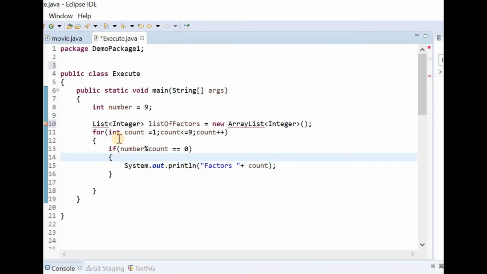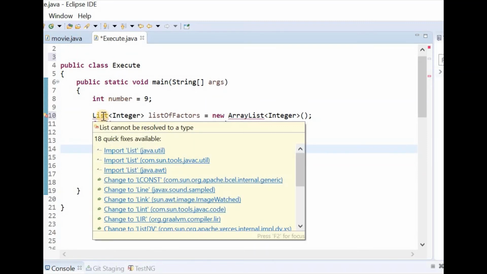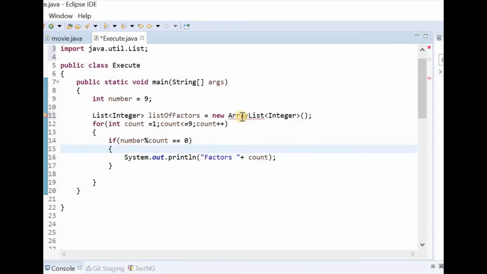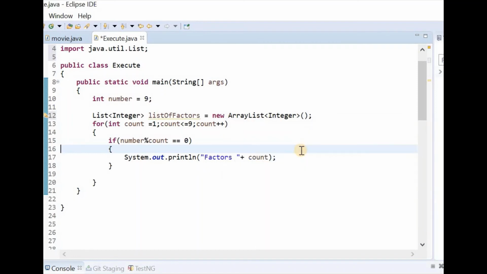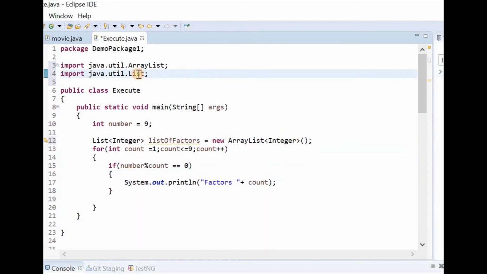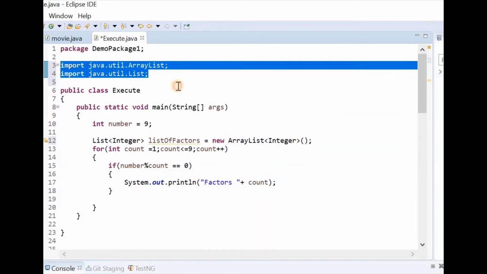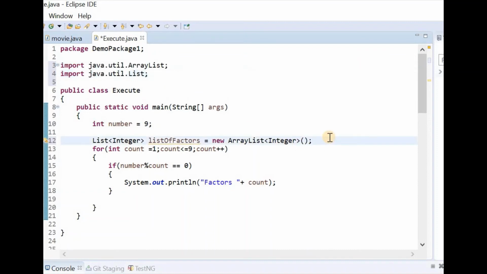Both List and ArrayList belong to the java.util package. So hover on List to import List from the java.util package. Import ArrayList from the same package. You can see that List and ArrayList have been imported and the error is resolved.